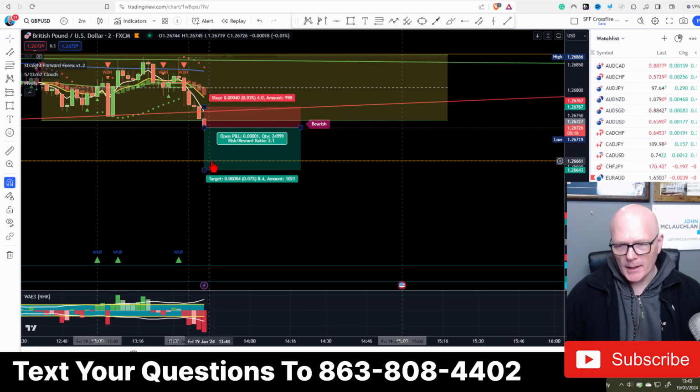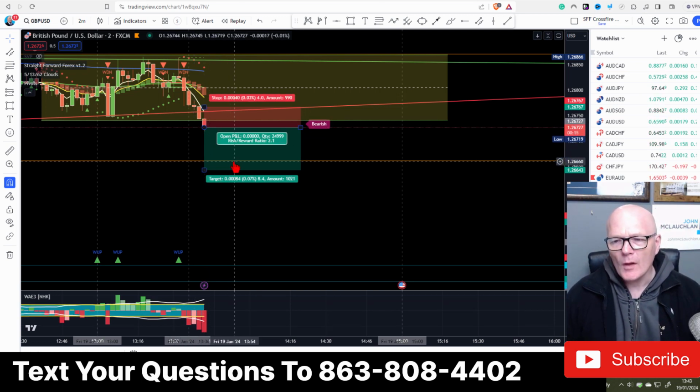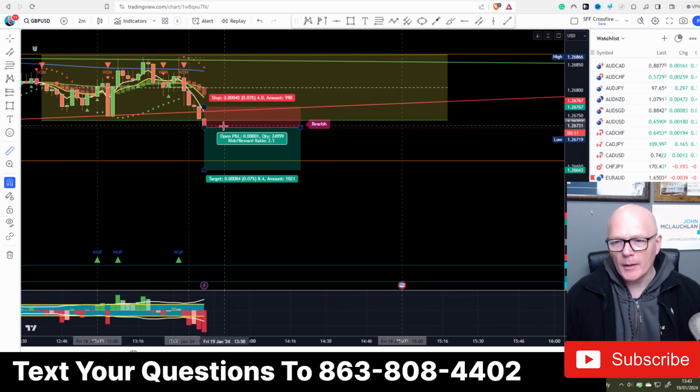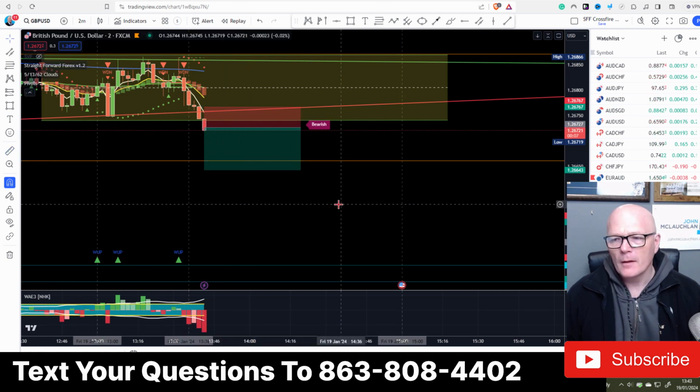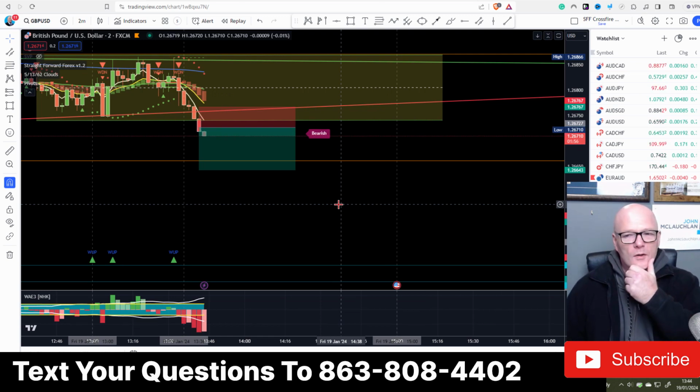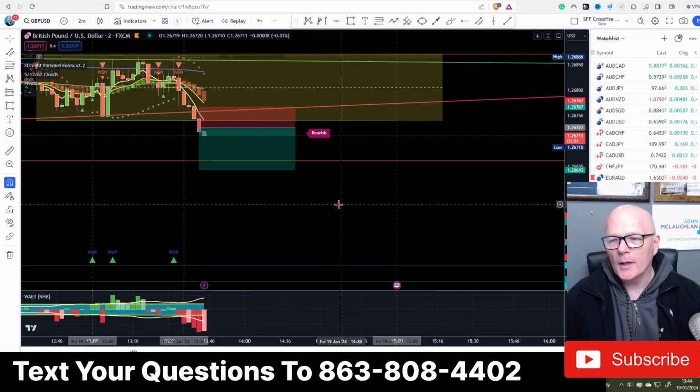Price will probably come back down to the pivot line here, and yes, we could potentially take some profit from that, but nothing to write home about. Probably another 5 pips, 6 pips. If you look at a pip or 2 in broker spread, you're looking at gaining 4 pips.